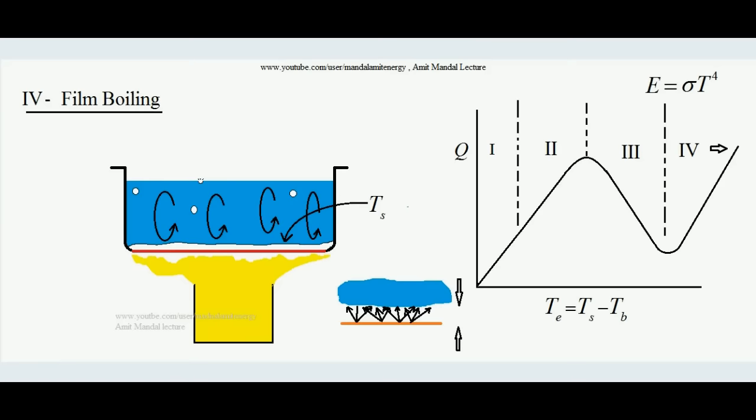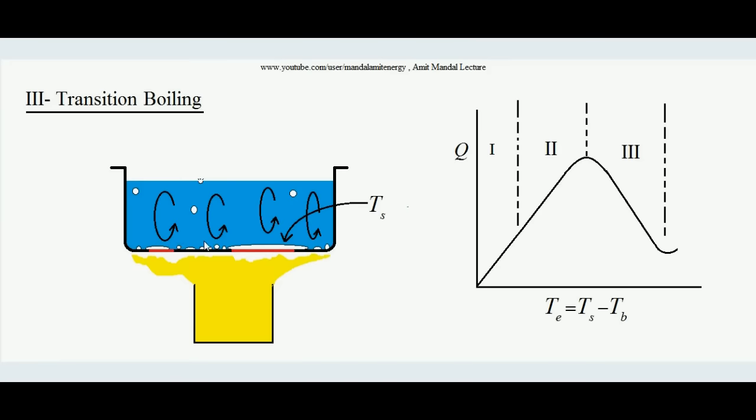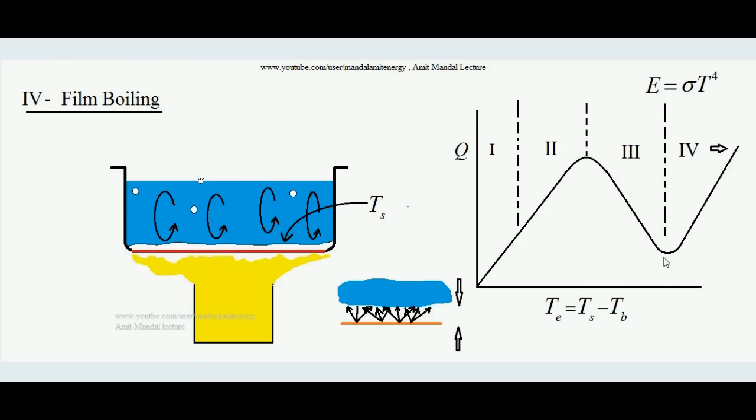There is something in between, meaning this transition boiling has the characteristics of nucleate boiling as well as film boiling, you can see. And ultimately at the end of transition boiling, the entire top of this hot surface is covered with a thick layer of vapor. It is called film boiling. But you can see that now again the heat transfer rate is increasing with increment of T excess. Can you tell why?